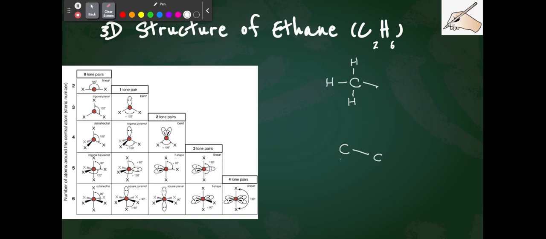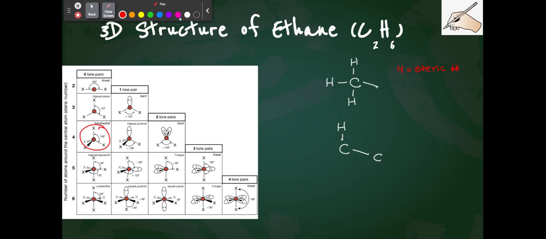And then I'm going to add some 3D structure to the other carbon, or to the hydrogens. So I'm going to keep 1 hydrogen within the plane of the paper because if each carbon has 4 things sticking off of it, its steric number is 4. Then we are going to be mimicking this structure here, a tetrahedral